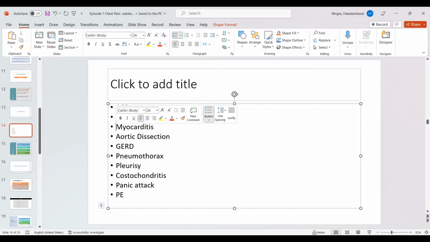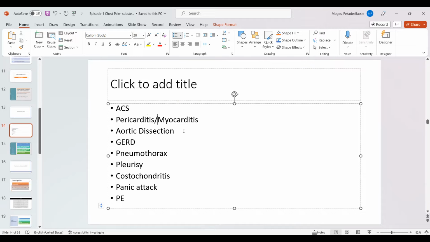Pericarditis, myocarditis. Remove. They are less likely. The characteristic of the pain is not going with pericarditis particularly. It's not position dependent, because as you know, pericarditis pain gets worse in the supine position and gets better when the patient is sitting, leaning forward. That characteristic is missing. No predisposing factor as such. We cannot think of TB. This is an acute illness presented with a 20-minute history. Myocarditis and pericarditis are less likely in this patient, so they are kicked out.